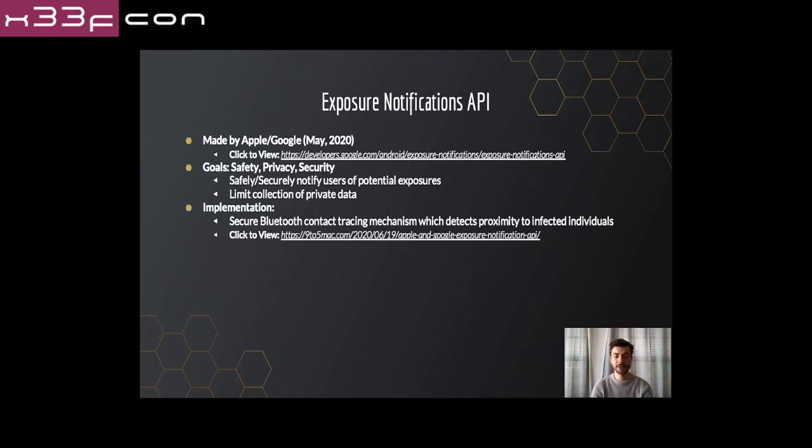So safely and securely notify individuals of potential exposures to COVID-19, but also to actually reduce and limit the collection of private user information, which simply isn't necessary, but was also observed in the existence of early COVID-19 contact tracing